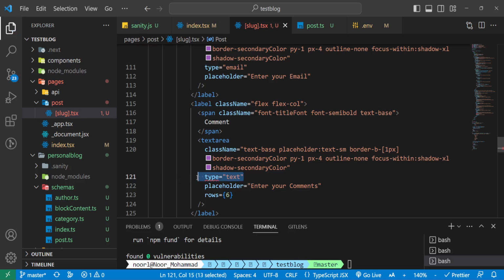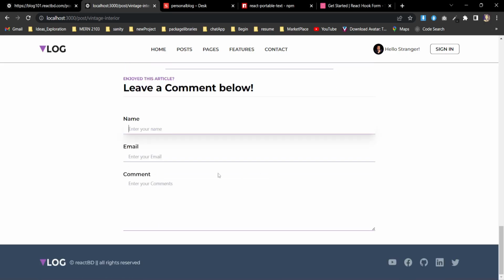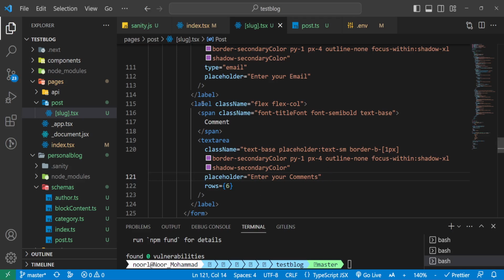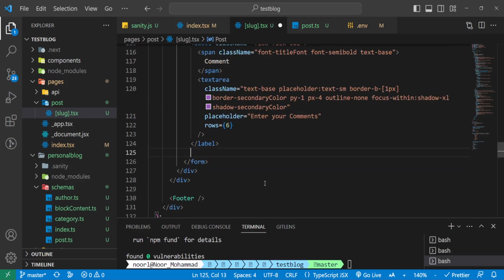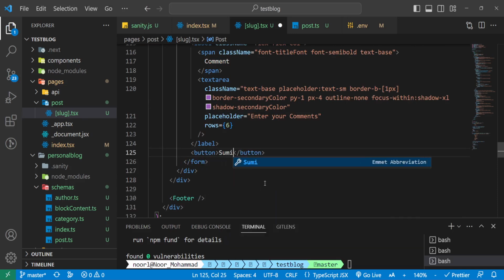Actually we don't need to mention the type because it's a text area, so it will contain the text. So now as you see, now it looks better. After that, what we need to do is get a button. Whenever we finish that label, here we're gonna get a button, and that button will make it as